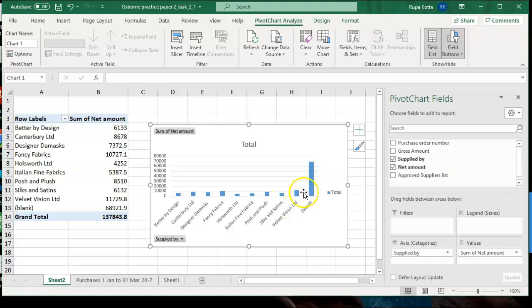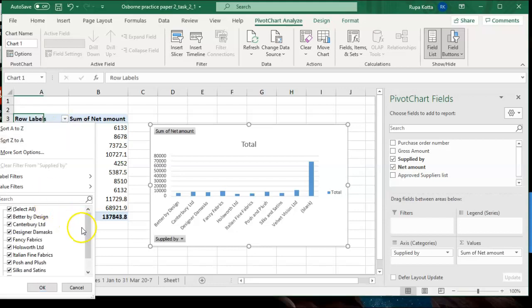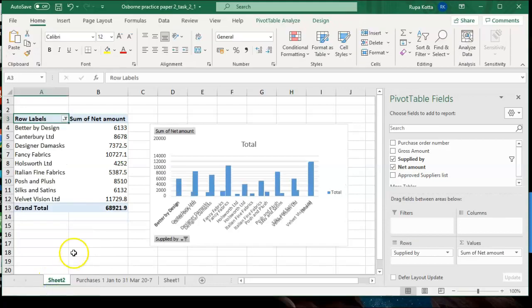And you can see there is one blank which is the total. The total is also coming up. So what you can do over here is click on this row labels and untick this blank cell and say OK. That way only the supplier details will come up and the total has been removed.